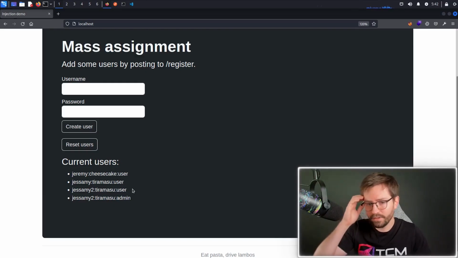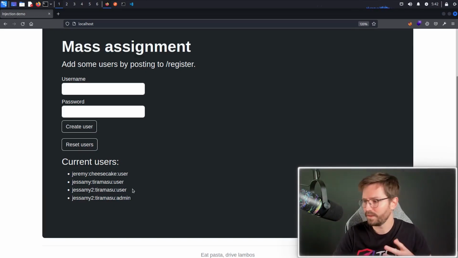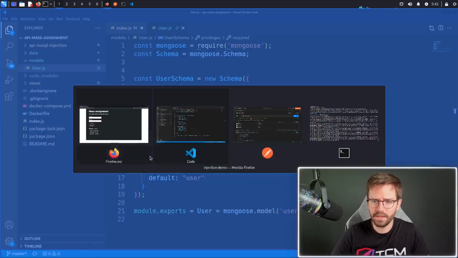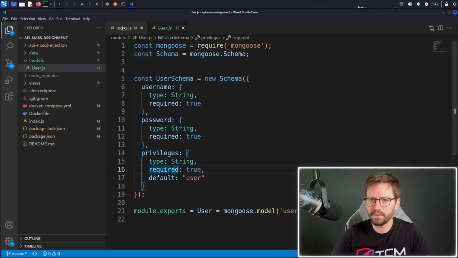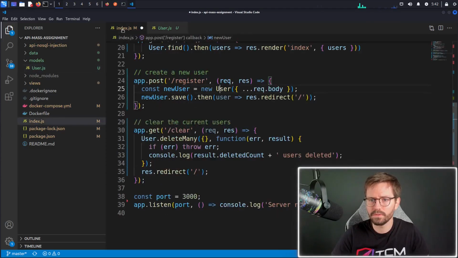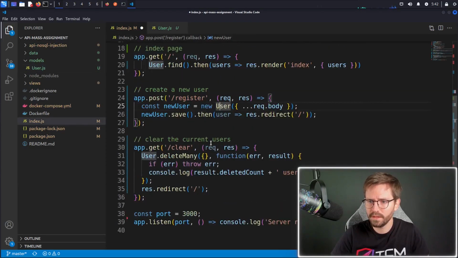So it's actually quite simple once you understand the application and how it's handling things, but obviously gaining that understanding can take time, can take a lot of analysis. But now you know the theory, you can apply that to your next engagement or scenario. So let's take a look at the vulnerable line of code. If we just come back to Visual Studio Code, here we have our vulnerable